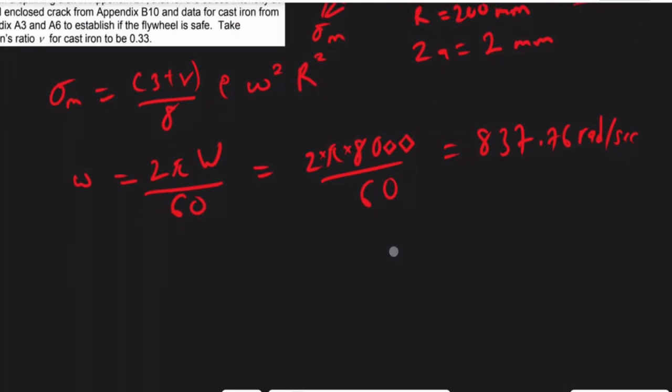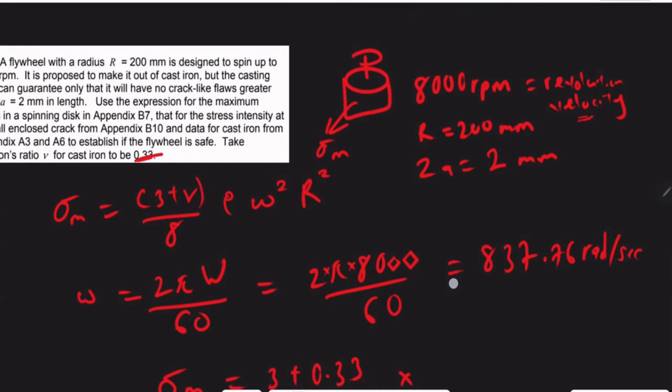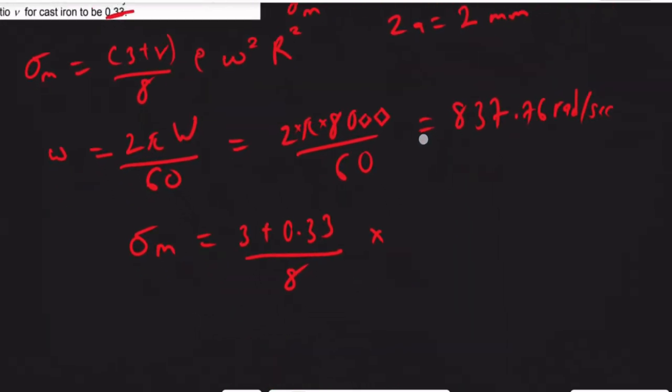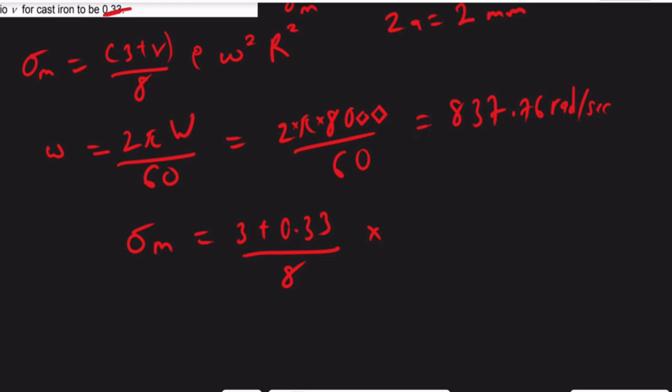So now we have the value for the angular velocity. We will now calculate stress for this material. So the maximum stress of this material spinning at 800 RPM is 3 plus the Poisson ratio, which is given in the question as 0.33, divided by 8 times the density of this material. Our material is cast iron, so the density of cast iron from appendix A is 7150 kilogram per meter cube. The next thing is to multiply by the angular velocity that we've already calculated,